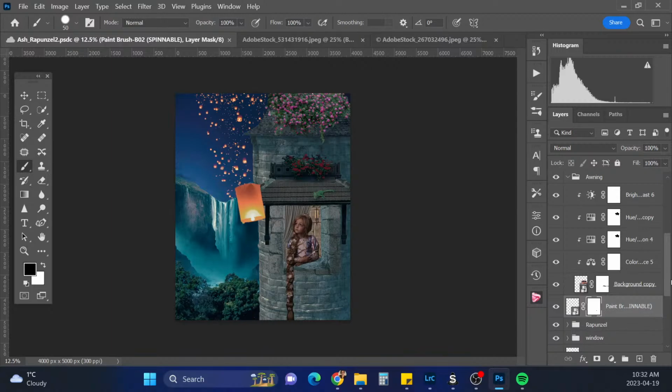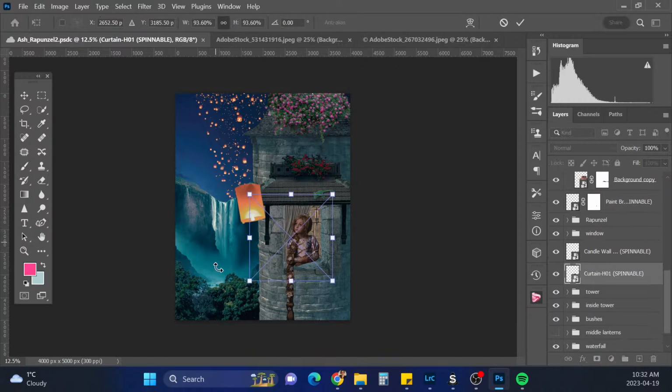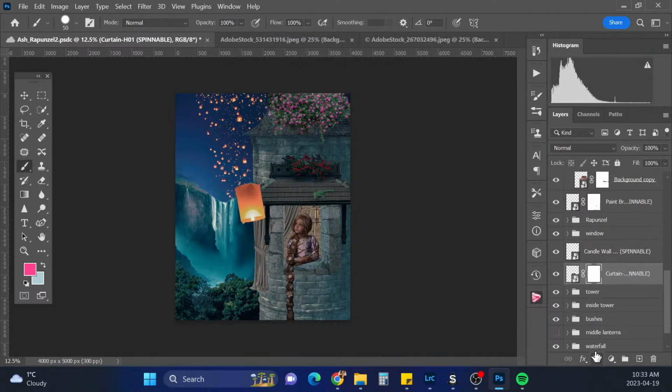I think I want to change the curtains a bit here. Control T. I want them to be just a little, so you can tell that there's a curtain there, but I want to put a painting behind her. So, just gonna have it just a little bit.